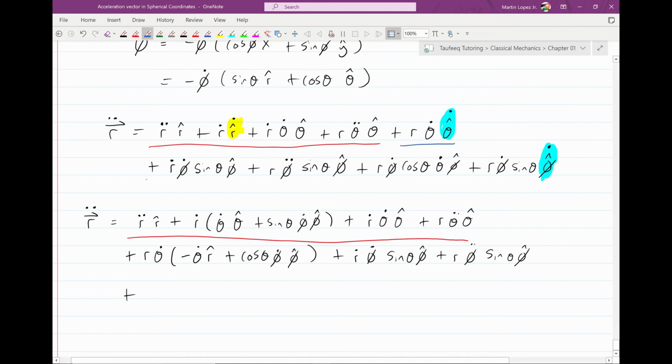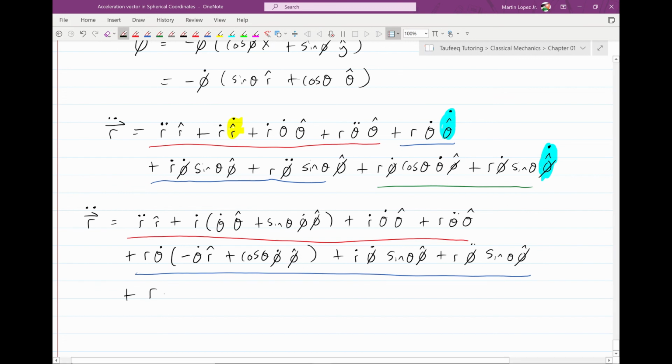a lot of this is just about space management, honestly. I go from there, and then here I'm going to this one, and then this one, because you have to keep moving your eyes back and forth, and it can be a problem. So this one's going to be r phi dot cosine theta theta dot phi hat plus r phi dot sine theta,